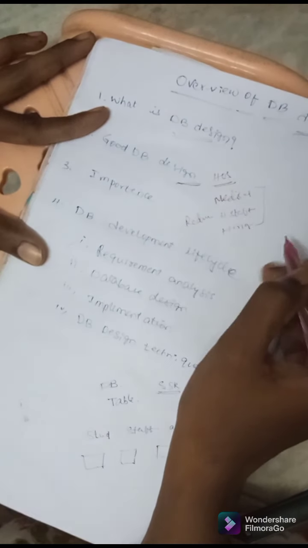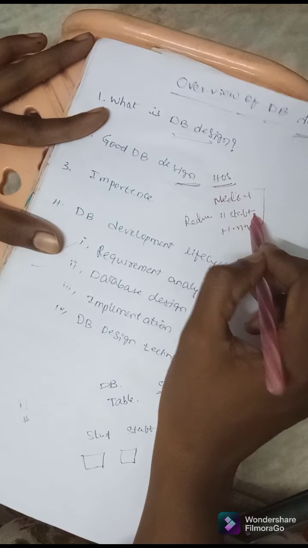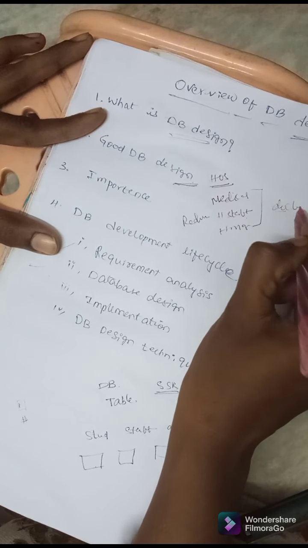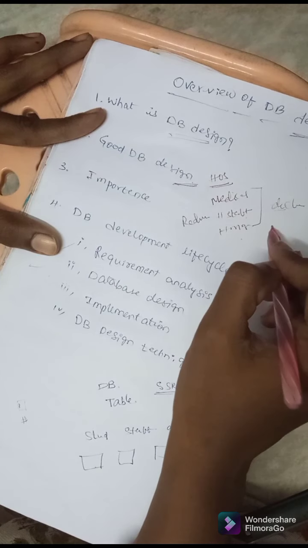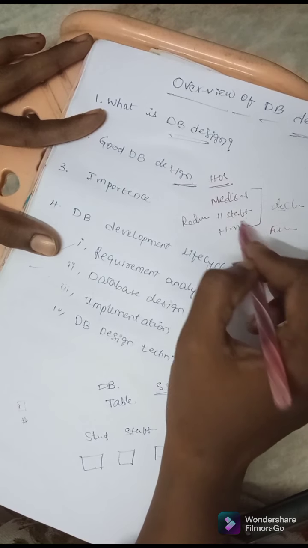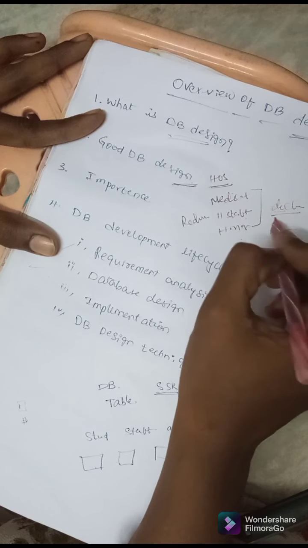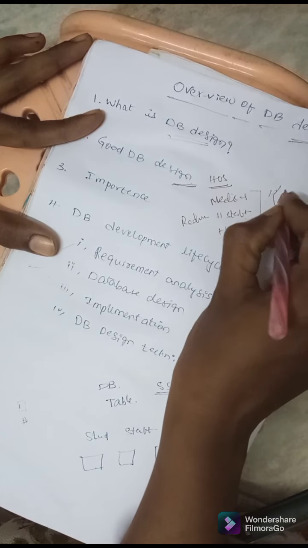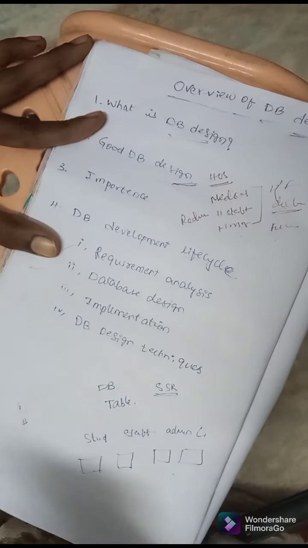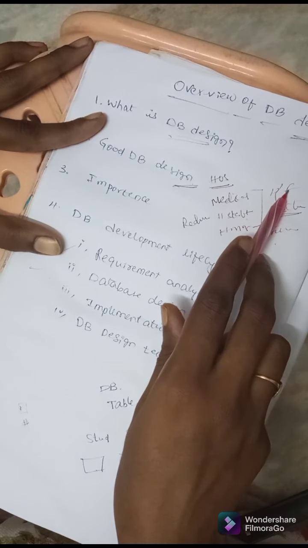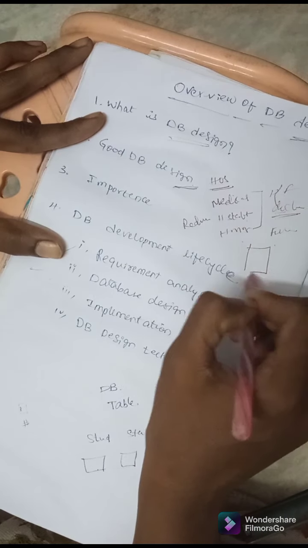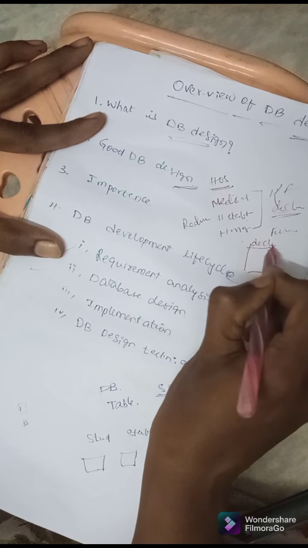Redundancy is nothing but what? The staff may give some details. For example, the staff is giving all doctors' details. The management is giving full-time doctors' details, but the staff is giving all doctors' details. All doctors means what? Part-time doctors are there, full-time doctors are there. So the staff is giving all the details, but the management is giving only full-time doctors' details. If you create a doctor table, whose details will come into the doctor table?